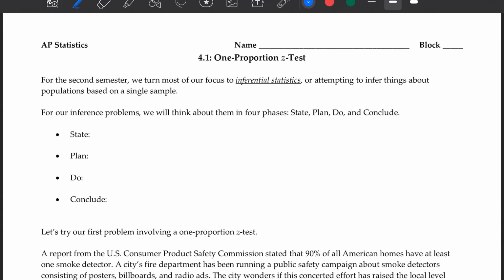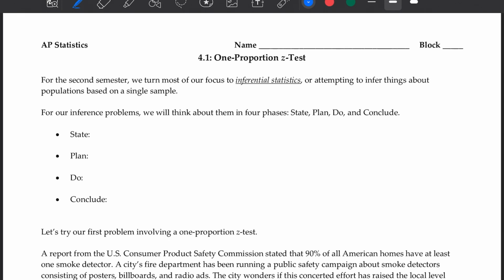So the first one we're going to talk about is called a one proportion Z test, called that because we're going to be dealing with a single proportion from a sample, trying to think about a population. And we're going to use our Z-scores to help us sort of decide whether we find evidence for or against